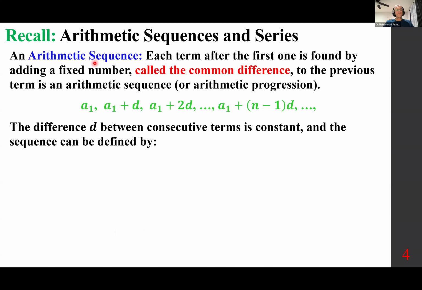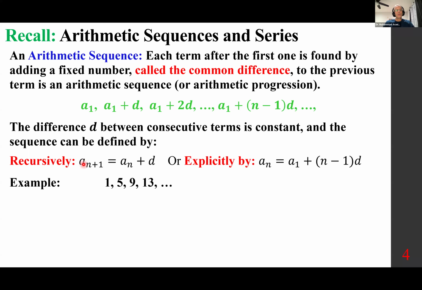Arithmetic sequence and series. In an arithmetic sequence, each term after the first one is found by adding a fixed number called the common difference to the previous term. That's an arithmetic sequence: a sub 1, a sub 1 plus d, a sub 1 plus 2d, and so on. The difference d between consecutive terms is constant, and the sequence can be defined either recursively, a sub n plus 1 is a sub n plus d, or explicitly by a sub n equals a sub 1 plus n